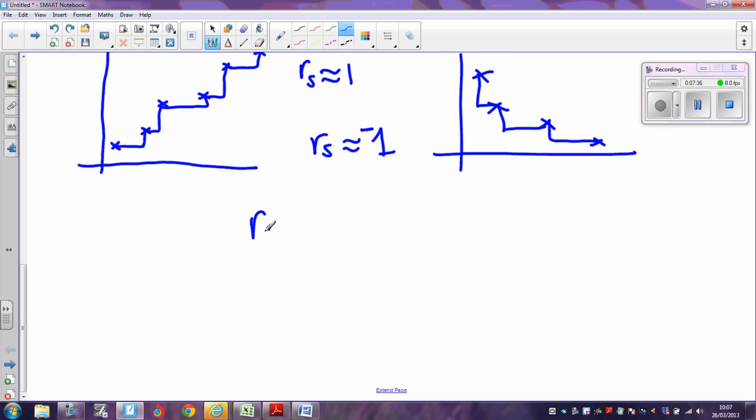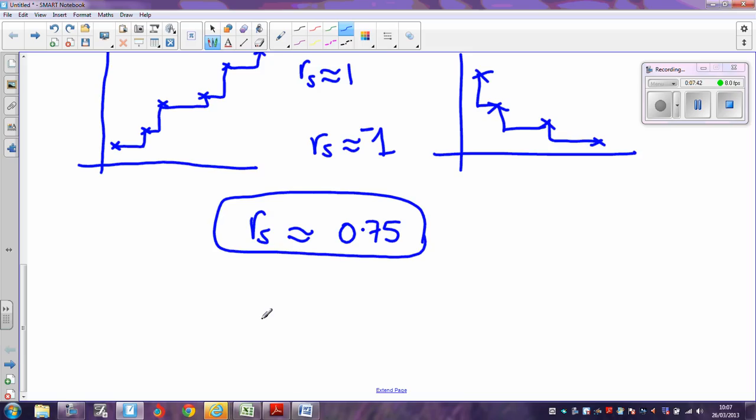Now in this case, we've got a Spearman's correlation coefficient of 0.75. That means that there is a pretty strong positive correlation between the ranks of the two judges. In other words, the judges are in agreement with each other to a fairly large extent. Okay, so here we have two commentators who generally agree on which personalities they think are